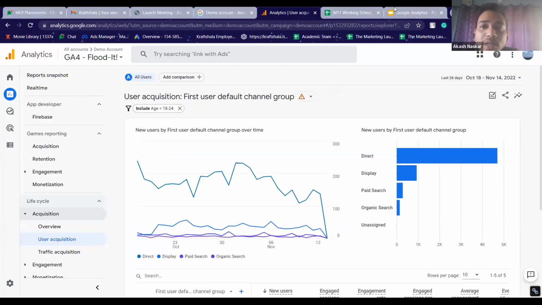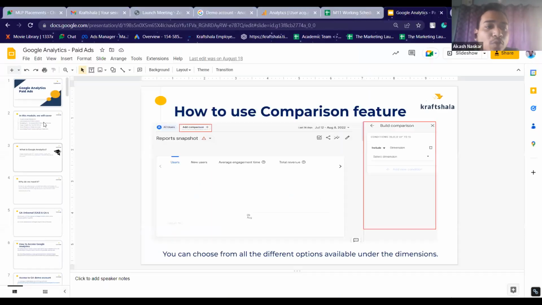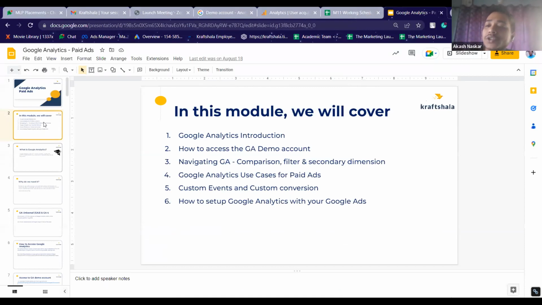We'll start with the access of the Google Analytics account. Right, after all of you have access to the Google Analytics account, we'll move from there and I'll teach you some of the basics of navigating the platform: what are the options that are available, what are the different data points that we get, and we'll also talk about some of the popular use cases in paid ads. Why do we really use Google Analytics in paid ads? What are the use cases? What are some of the cases in which we need to use it, and what are the different data points that we get?